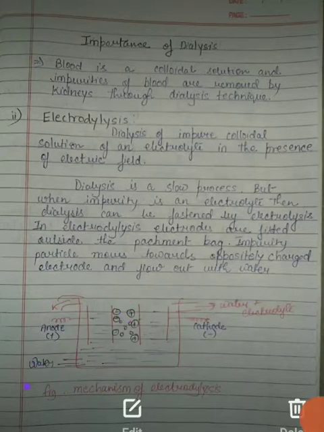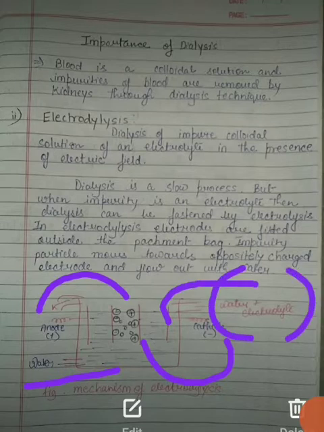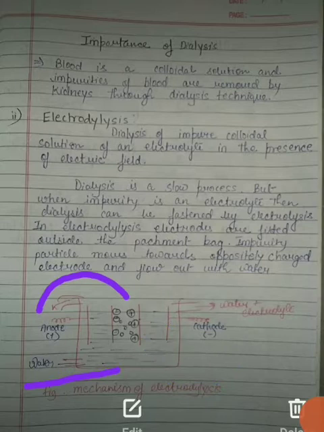Look here properly, here running water is coming in. The electrolytes having negative charge go to the anode, and positive charge go to the cathode, and are just flushed out with the water. Here you can see water plus electrolyte. So this is the process of electrodialysis. Basically nothing else is done, only an electric field is generated, and electrodes are attached outside the parchment paper. Otherwise all the processes are the same.